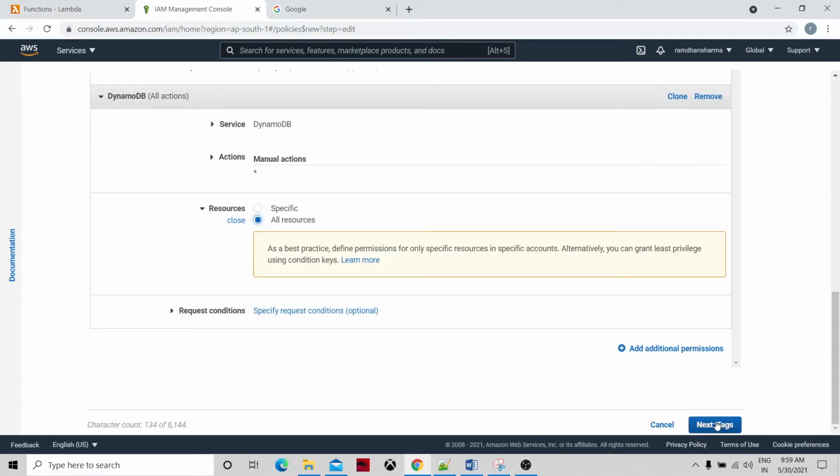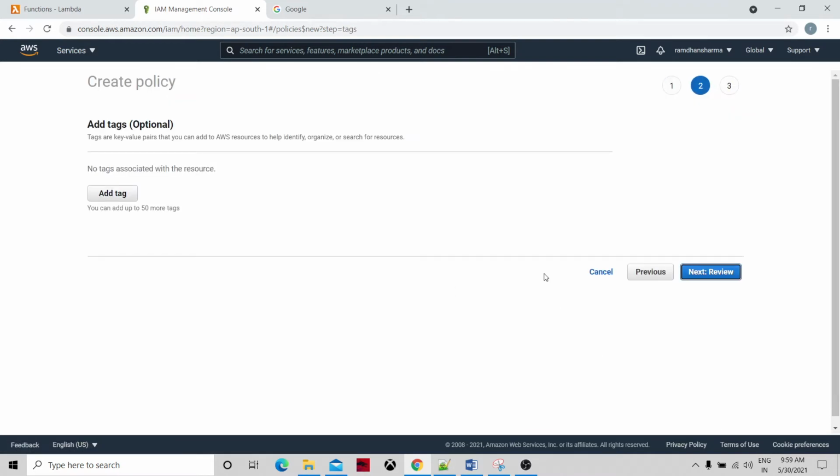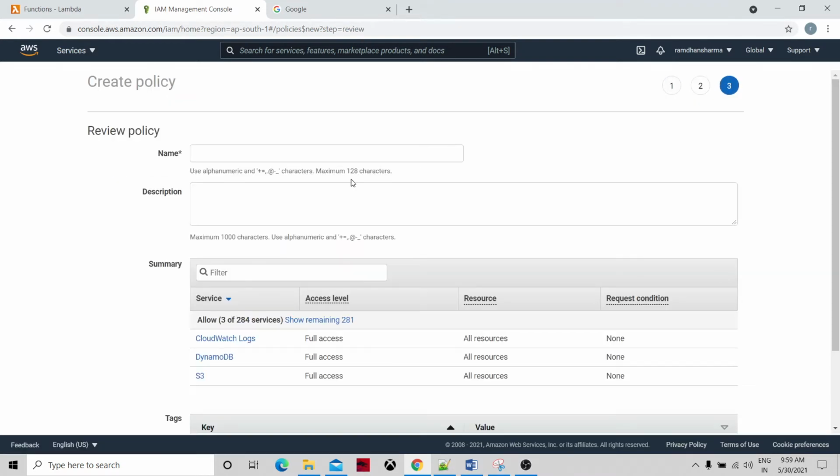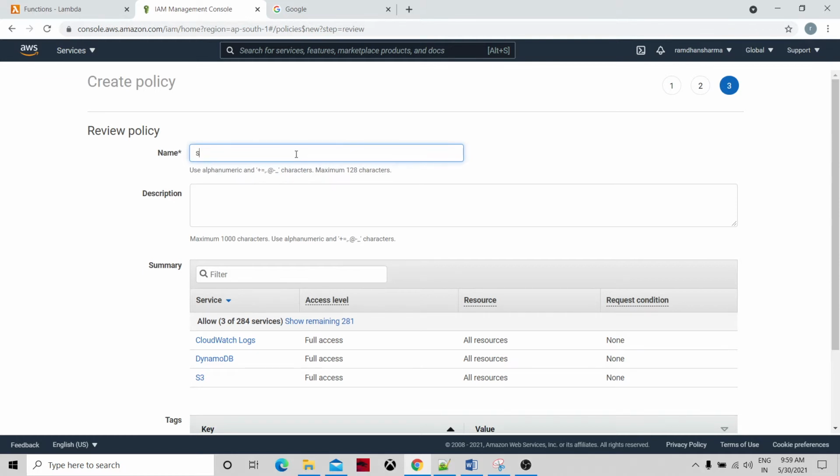Now let's click on next. I'm not giving any key-value tags, and I need to give the policy name. We are putting the JSON data into the DynamoDB from the S3 bucket. This is a normal scenario wherein we are getting the JSON data in the form of arrays and dictionaries, a common format. So let's go ahead and do the JSON upload. You can do any upload, such as CSV or